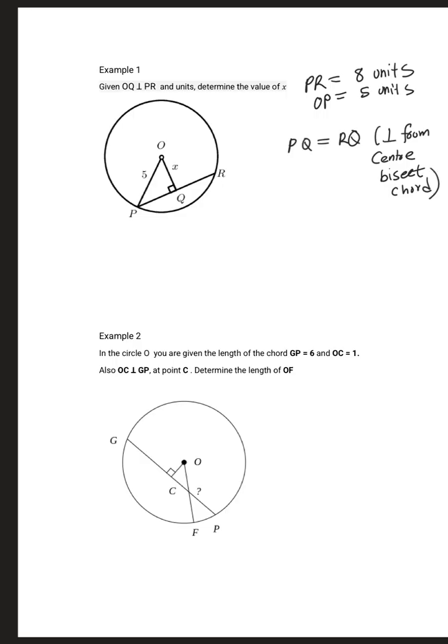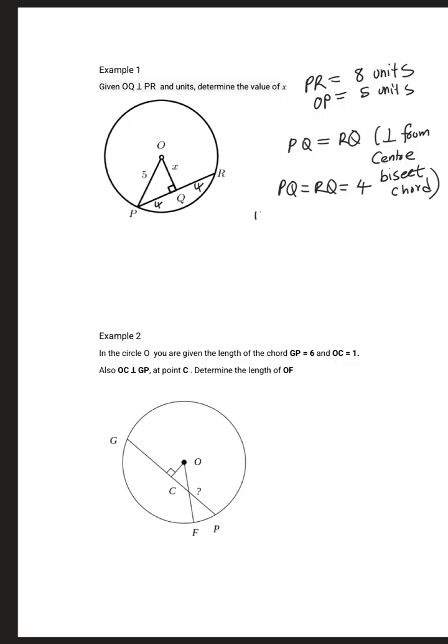Because we are told that the line from the center is perpendicular to the chord, the perpendicular from the center bisects the chord. And because PR is equal to 8 units, it means PQ is equal to RQ, which is equal to 4 units. So we will have 4 here and 4 there. Now we can use the Pythagoras theorem, because triangle PQO is a